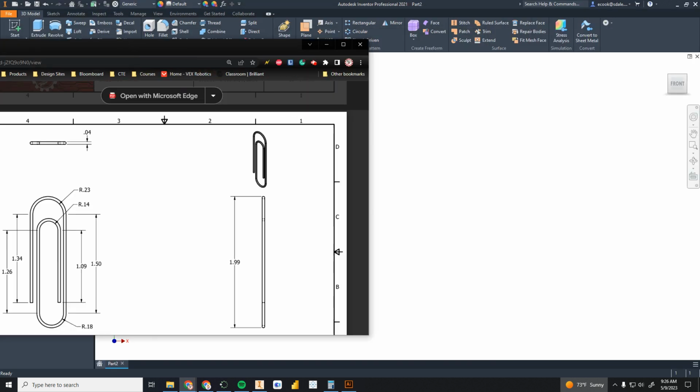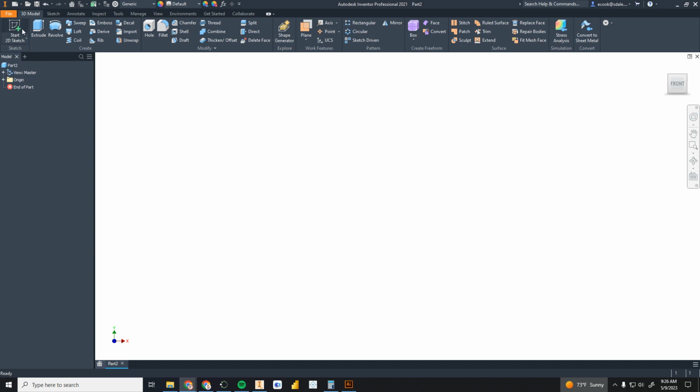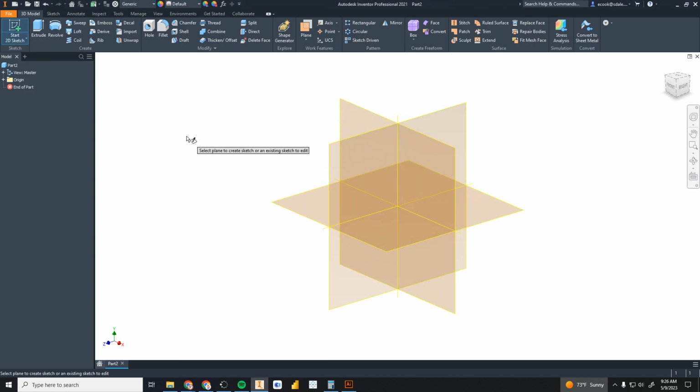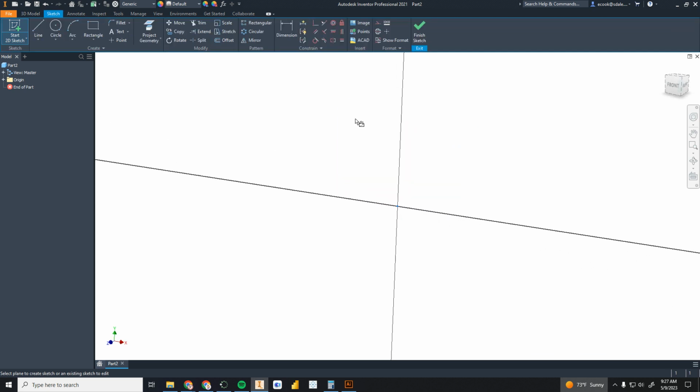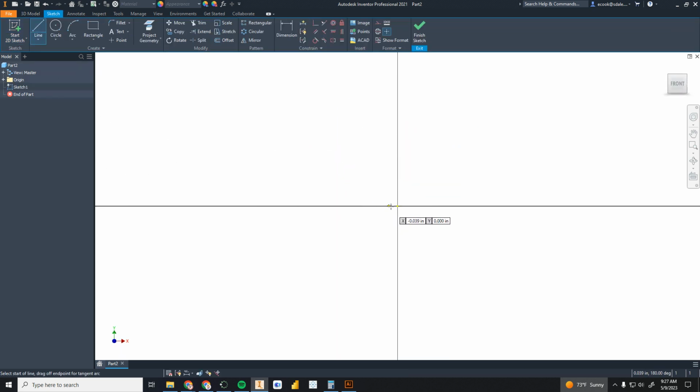So I'm going to go ahead and get started with this. So click on Start 2D Sketch. In this case, choosing our work planes does matter because in order for us to use the sweep tool, we need to have a perpendicular work plane that we will then sweep a different shape through the shape of the paperclip. So in this case, I'm going to click on the XY plane, grab my line tool, and my first